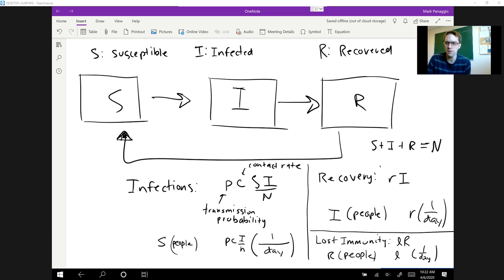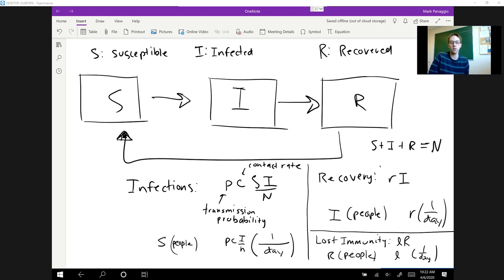What I want to do in this video is look at how we can modify that model to make it a stochastic model, where we allow for randomness, and this will take into account the fact that, well, people don't behave the same way every day. Sometimes they interact more often. Sometimes they interact less. Sometimes when you interact, you get lucky and you don't get sick. Sometimes you get unlucky and you get sick surprisingly.